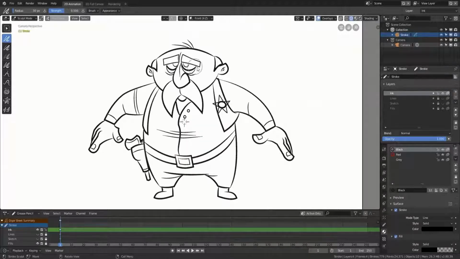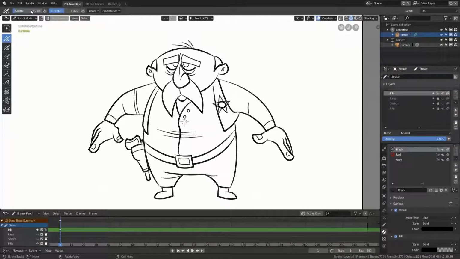Unlike in Edit mode, in Sculpt, you don't have to select the points or strokes you want to modify before starting to use the tools. But if you want to only sculpt selected strokes, you can activate this button on the top bar. All sculpt brushes have two common settings: radius, that controls the size of the brush, and strength, that controls how intense will be the effect on your strokes.